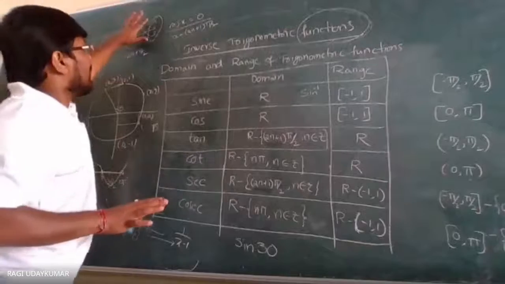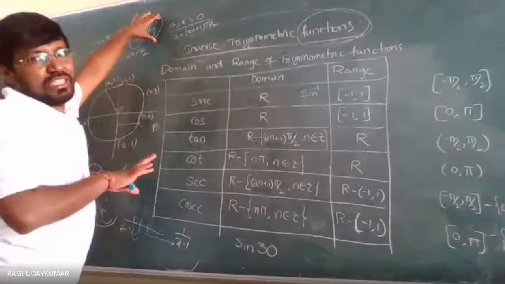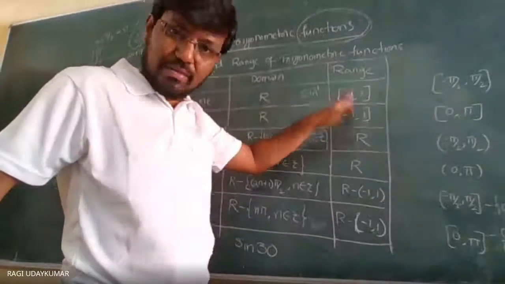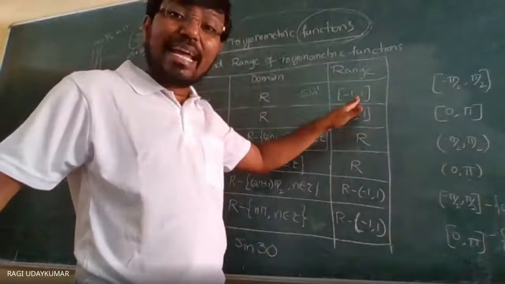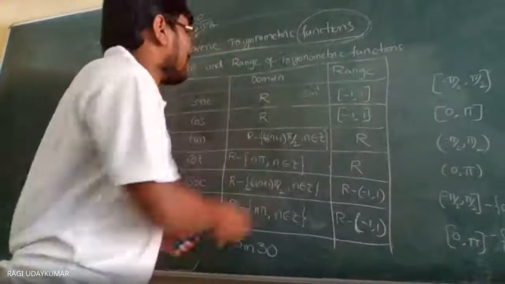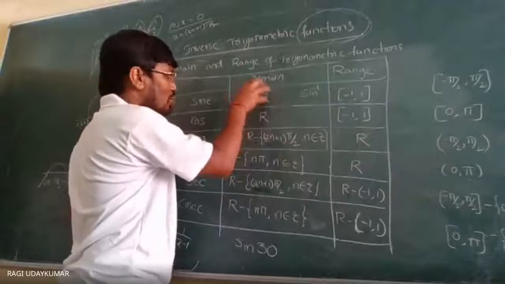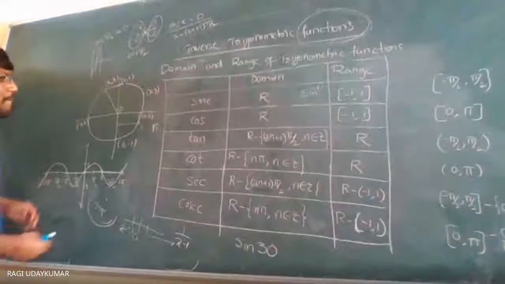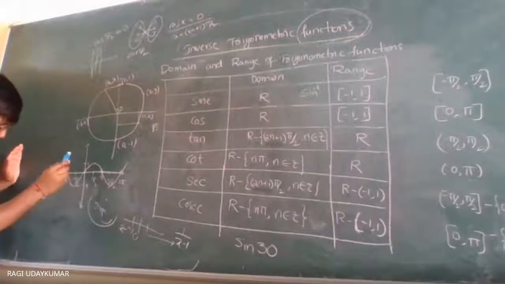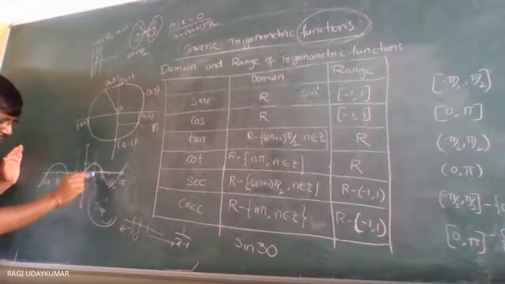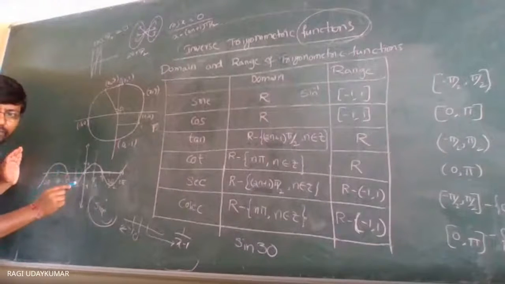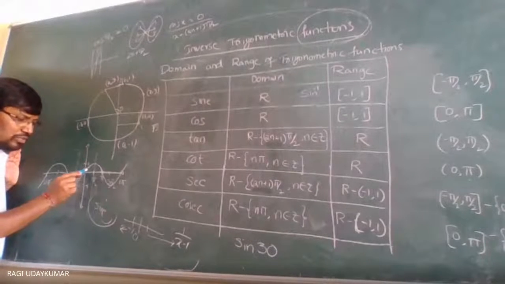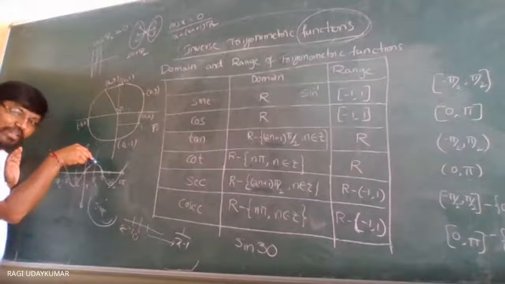Okay, so then this becomes the domain for the inverse function. In the same way, the range becomes the domain of the inverse function, and we are going to restrict the domain of this function to minus pi by 2 to pi by 2. Because if you take minus pi by 2 to pi by 2, see here in this point, this is minus pi by 2 to pi by 2. Repeated values will not be there. Only single values. Here minus 1 will be there, minus 1 values going on, and till plus 1 you are going to get.